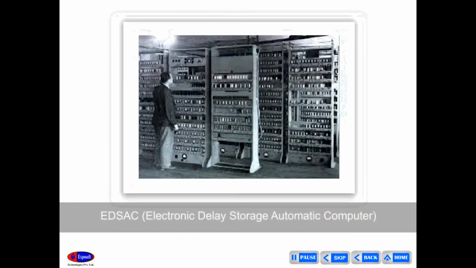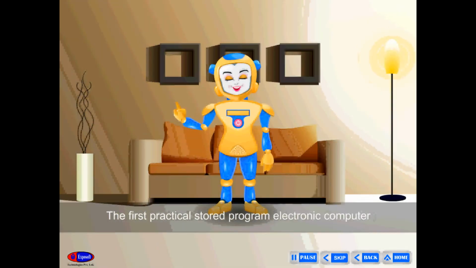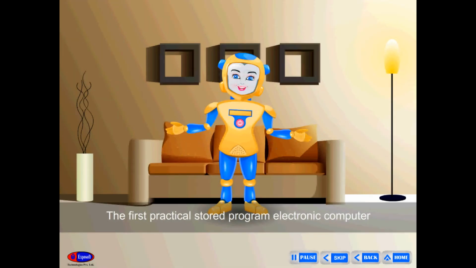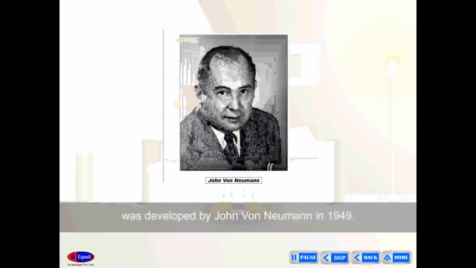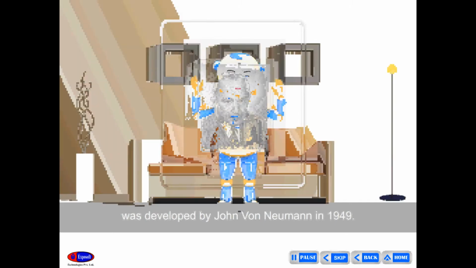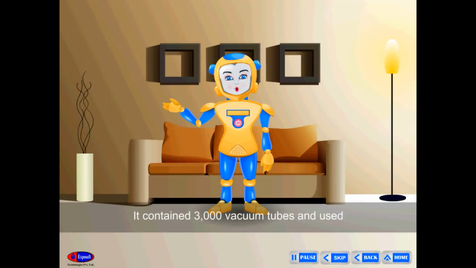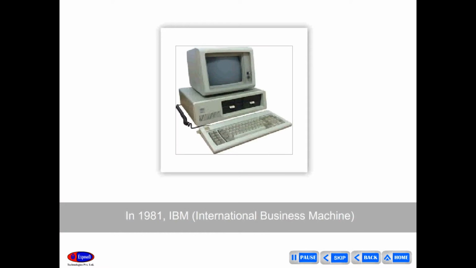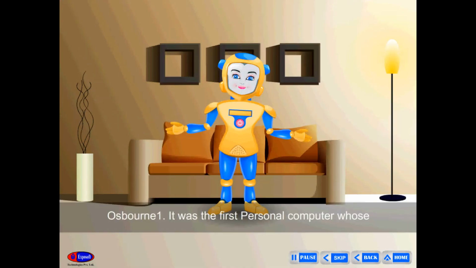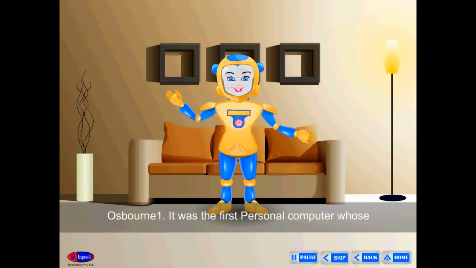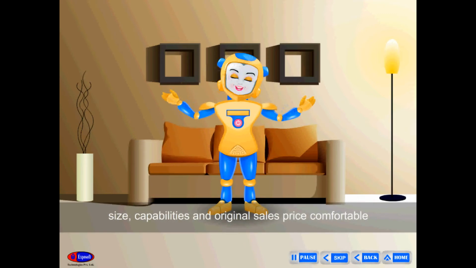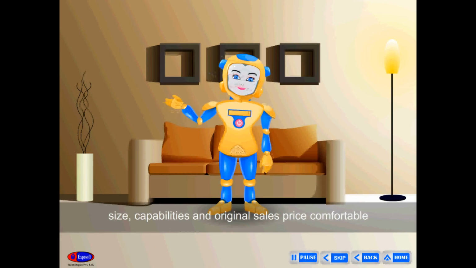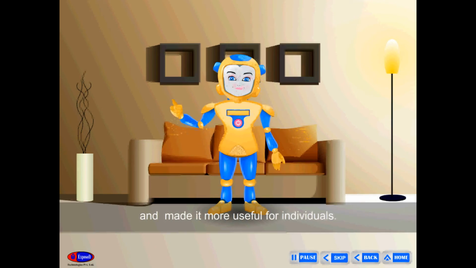EDSAC, Electronic Delay Storage Automatic Computer. The first practical stored-program electronic computer was developed by John von Neumann in 1949. It contained 3,000 vacuum tubes and used mercury delay lines for memory. IBM PC. In 1981, IBM, International Business Machines, made the first fully portable computer, Osborne 1. It was the first personal computer whose size, capabilities, and original sales price made it more useful for